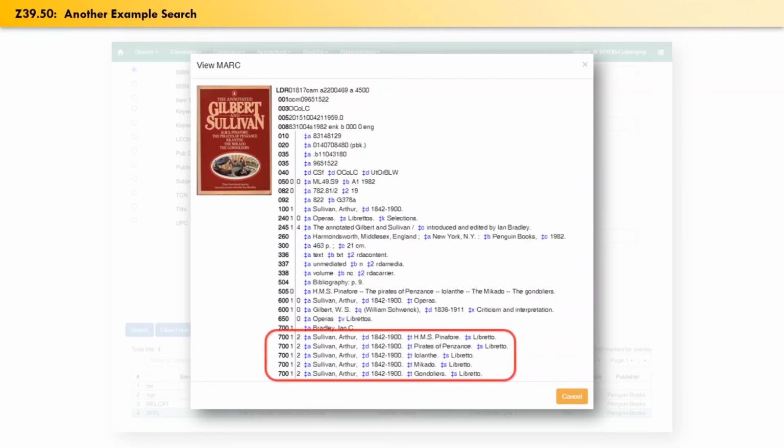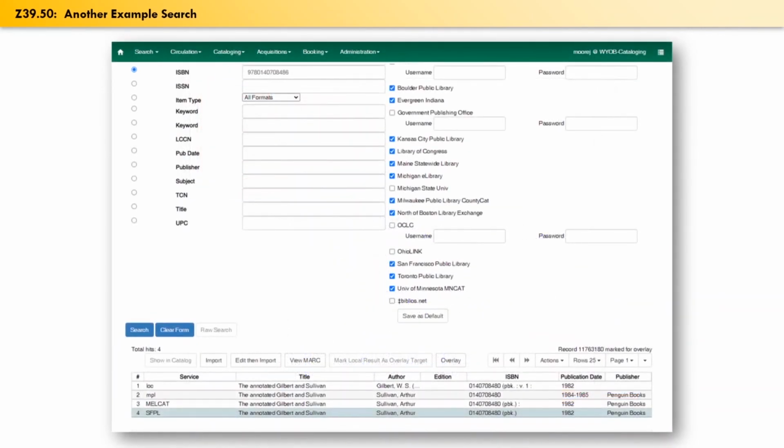And second, we have some 700 added entry fields, 1 for each of the operas in my book. This is a great addition. If a patron did a title search for one of these titles, it would make sure that this MARC record would be pulled up. I think this is the record to use, so we click Cancel,